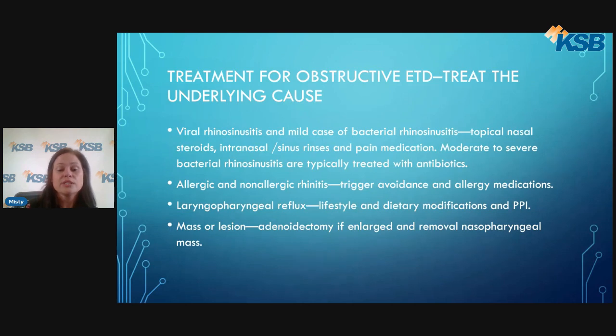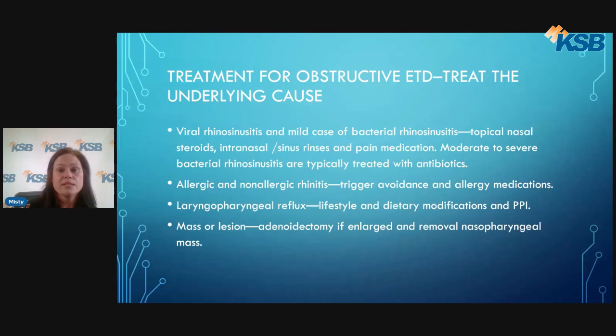And then mass or lesion. Sometimes we'll do what's called an endoscopic exam to look back there and rule out any mass or lesion that could be blocking the Eustachian tube opening. Sometimes adenoids are enlarged, what we call hypertrophy of the adenoids, and an adenoidectomy may be indicated if they are enlarged, and of course removal of the